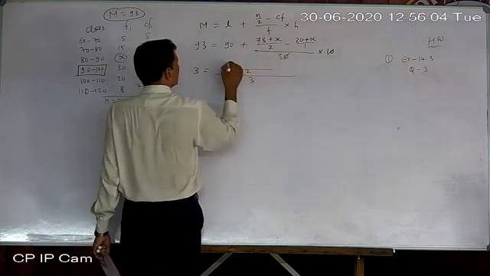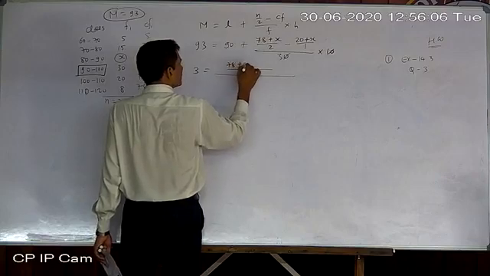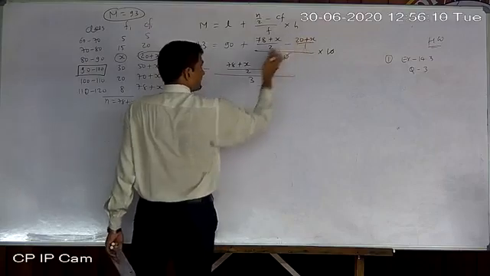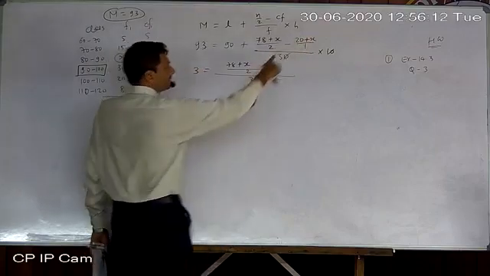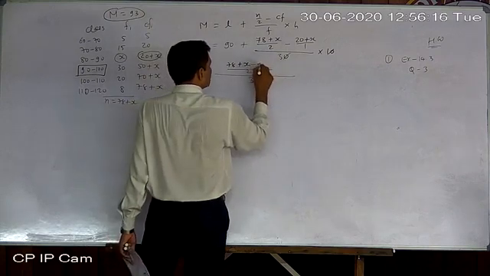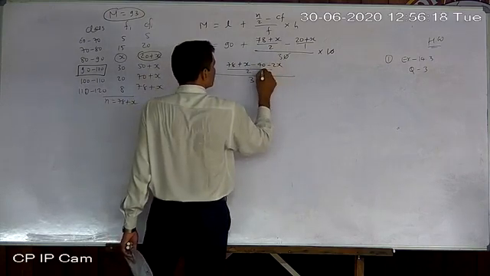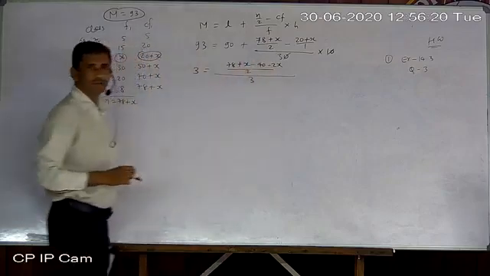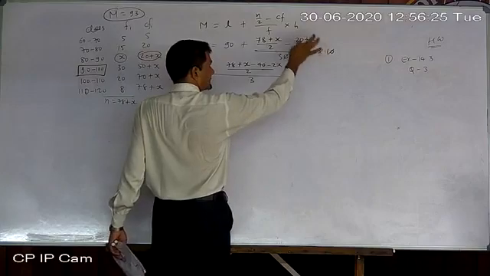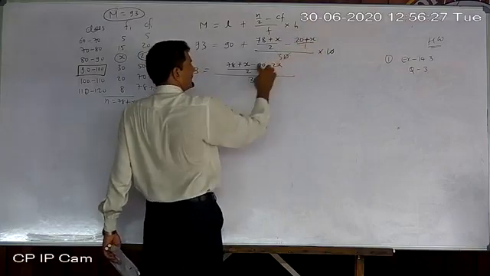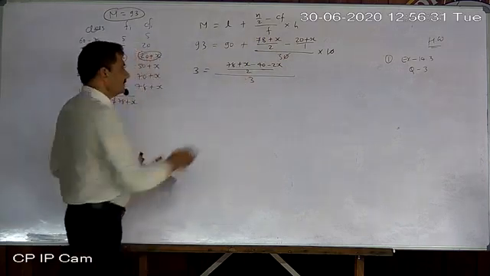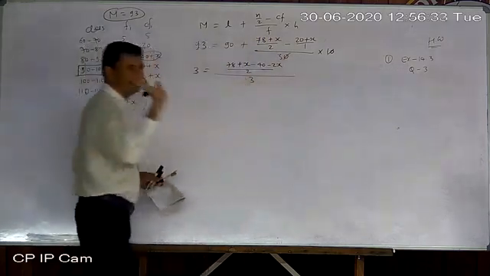So it will become 78 plus x. Okay, cross multiply. Minus 40 plus x, but before it a minus sign is there, so it will become minus 40 minus 2x. Be careful here. Minus sign is there before the bracket, so both will become minus, and twice. Why? Cross multiplication. Now nothing is left here, multiply 1 only.